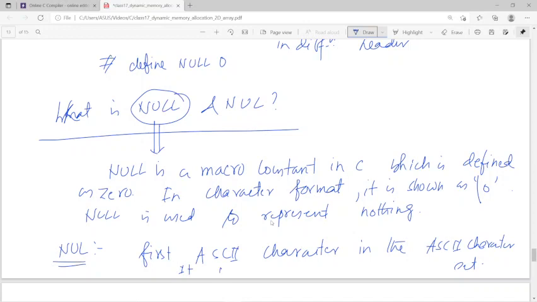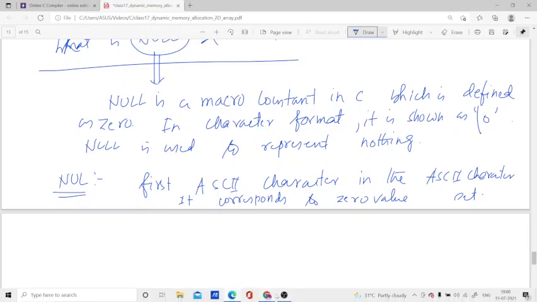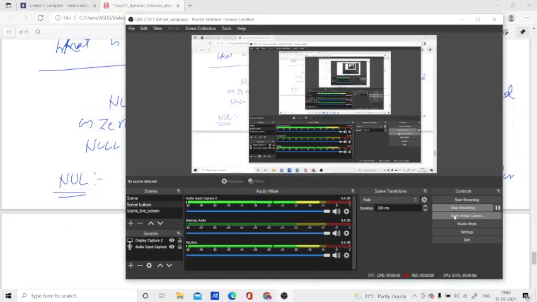It corresponds to 0 value, but this is the first ASCII character in the ASCII character set, so you should remember the thing. So আশা করি এই জিনিসগুলো expected বোঝা গেছে। The thing is that from